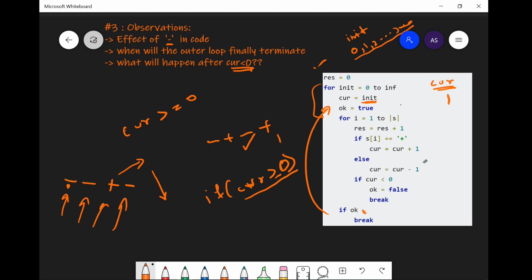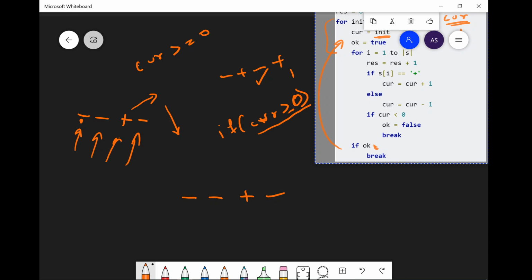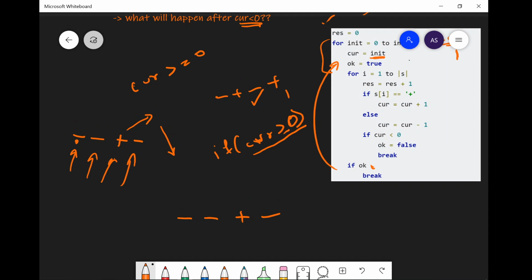So for this string, minus minus plus minus, we want to see for what value of current the entire loop will terminate, such that current is greater than or equal to 0 at all points. Let's say in the starting that current was 2.